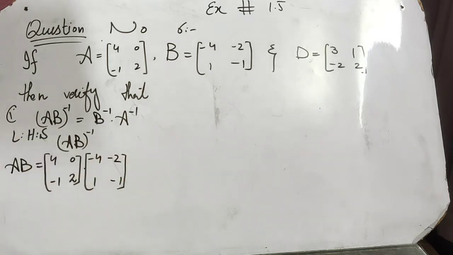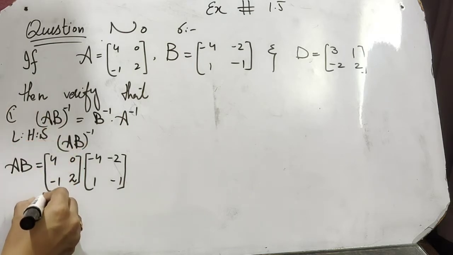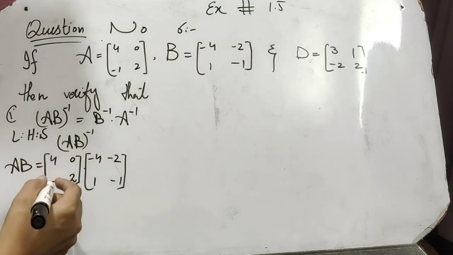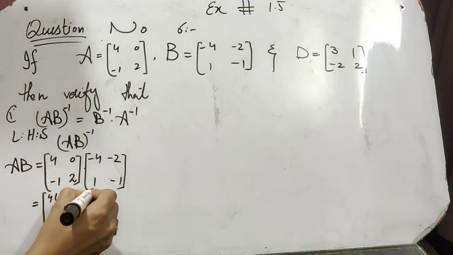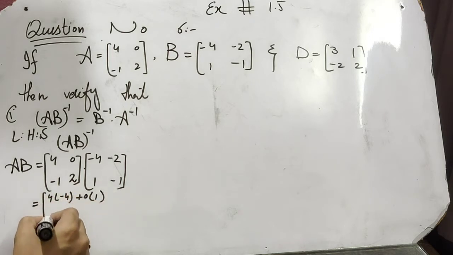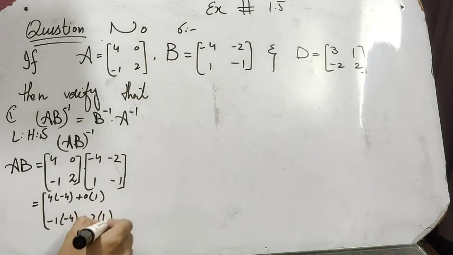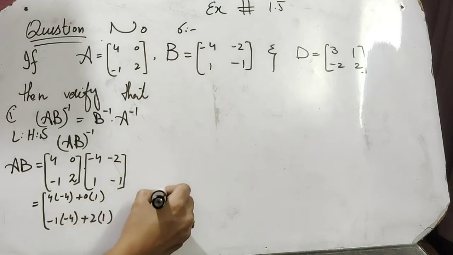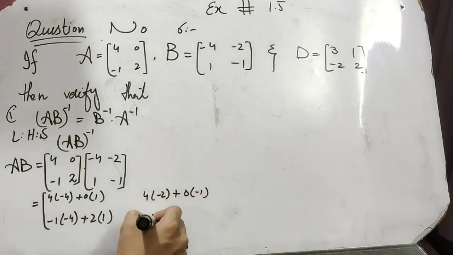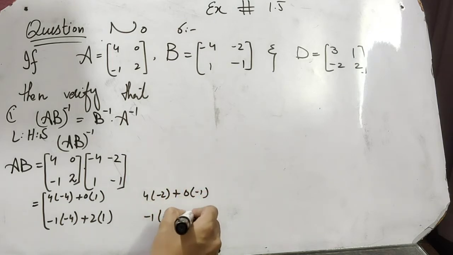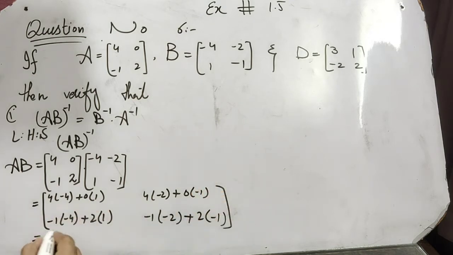Simply we put the values of matrix A and matrix B. Then we get 4 into minus 4 plus 0 into 1, minus 1 into minus 4 plus 2 into 1, 4 into minus 2 plus 0 into minus 1, minus 1 into minus 2 plus 2 into minus 1. It will be equal to